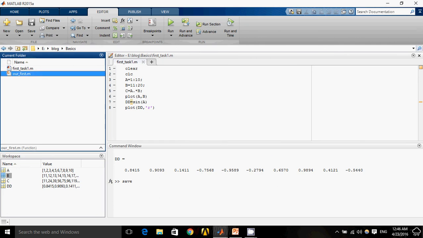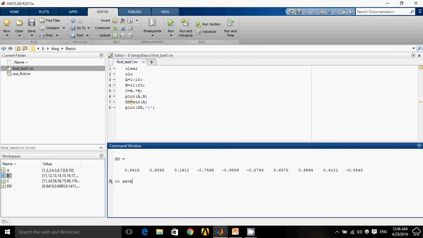Okay, for now you can see there are just two files. One is a function file and the other is a .m script file. But after I enter this command save, another file exists and its name is matlab.mat. So all our MATLAB files or MATLAB matrices are saved with the .mat file extension.